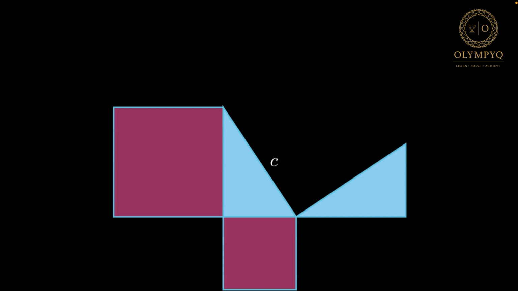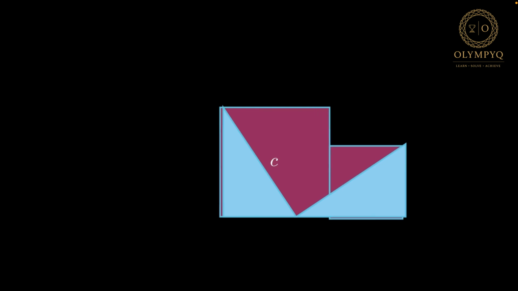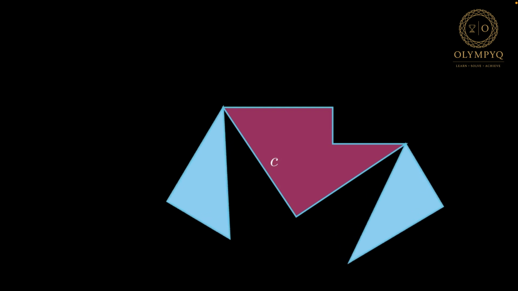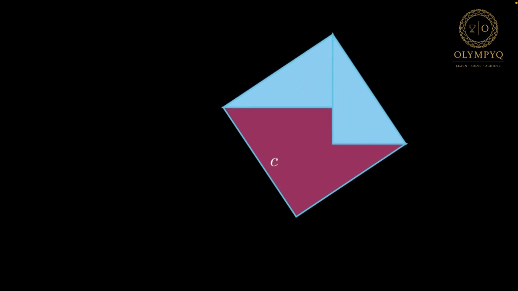Notice that we can fit two copies of the original right triangle inside. One here, and one, the rotated copy, right next to it. Here comes the awesome hinged rotation. We swing each triangular region around its vertex, rotating it 270 degrees, or 3 pi over 2 radians, but in